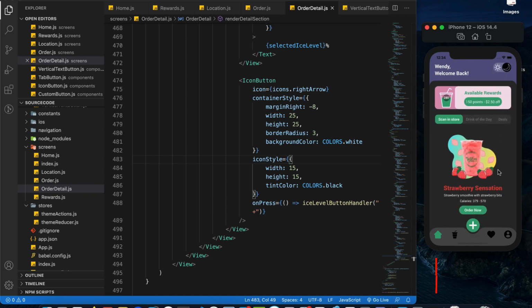Alright guys, we have finally completed this very cute looking Boba Milk Tea app based on the design created by Ainsley on